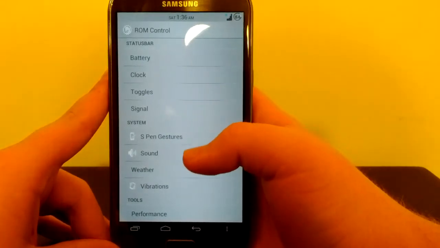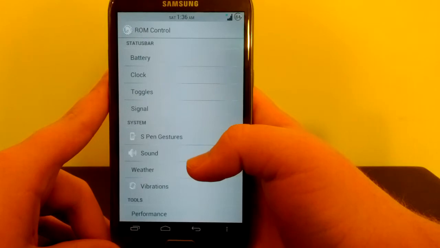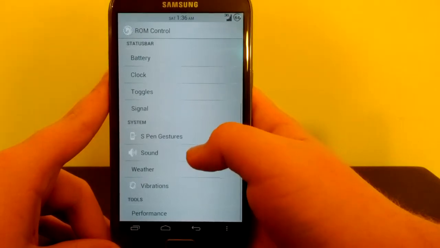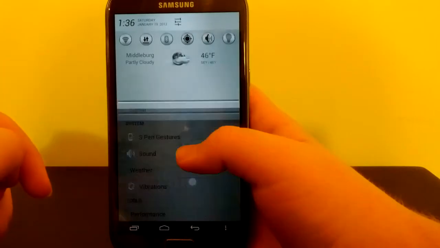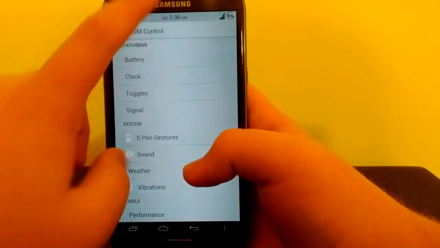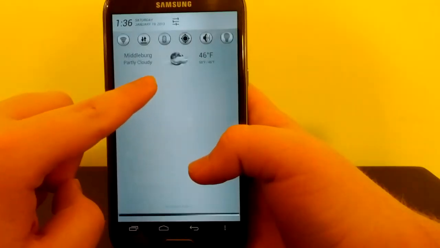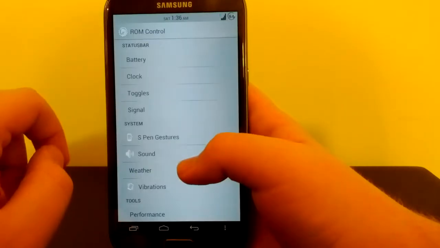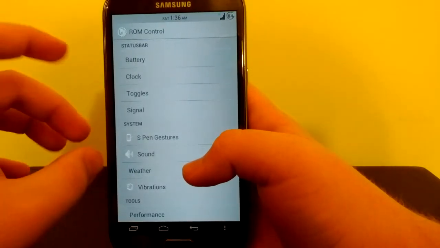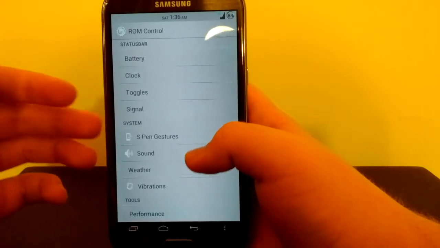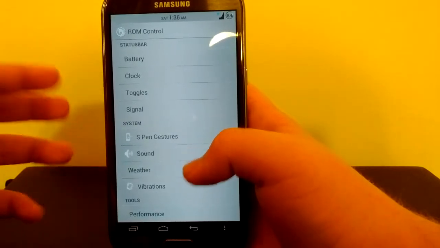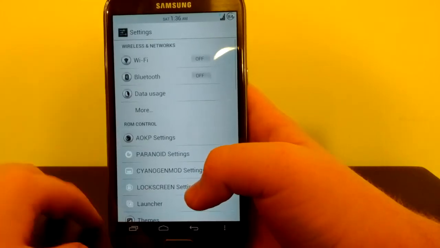I'm personally not a big fan of the AOKP toggles. Now you may be, but I prefer the CyanogenMod toggles. So that's what I'm using now. But I am using the AOKP weather, which is pretty nice. So I have the AOKP weather with the CyanogenMod toggles. If you use the AOKP ones as well, it will be 2 rows, which is pretty nice. And also you have your sound where you can mess with, like, when you put your phone face down,